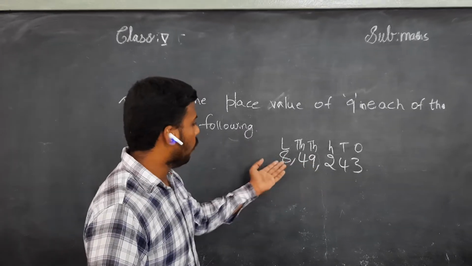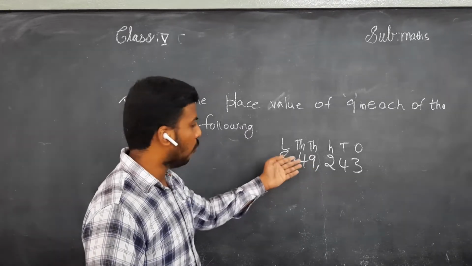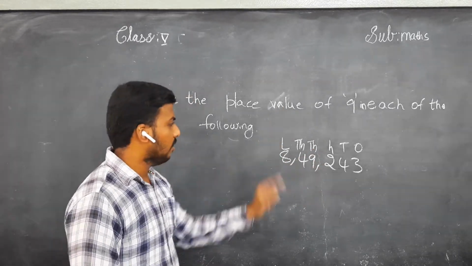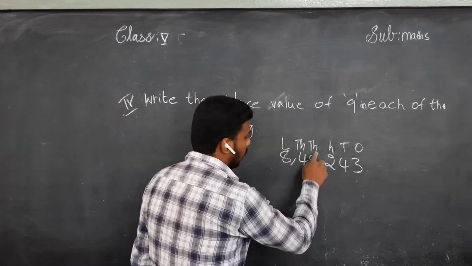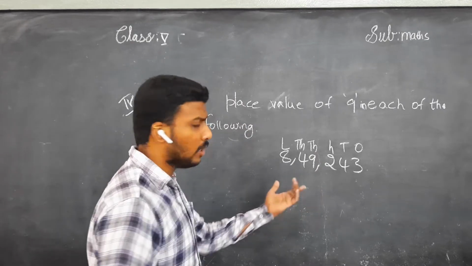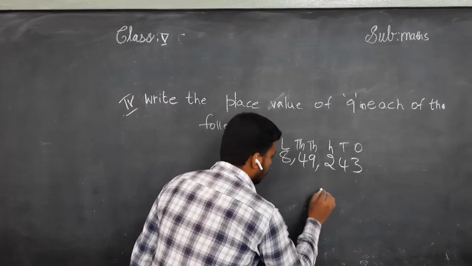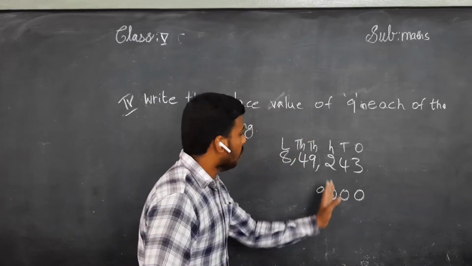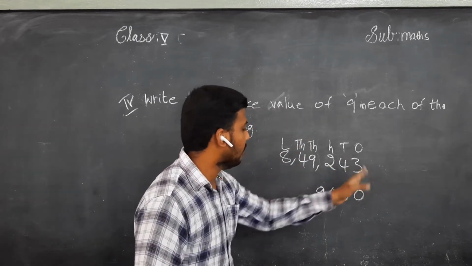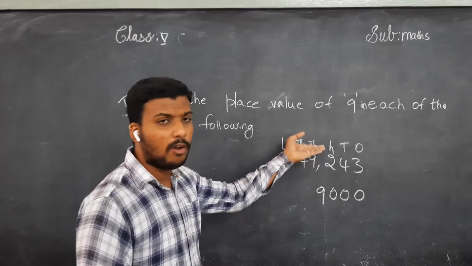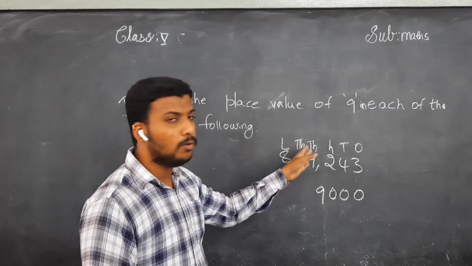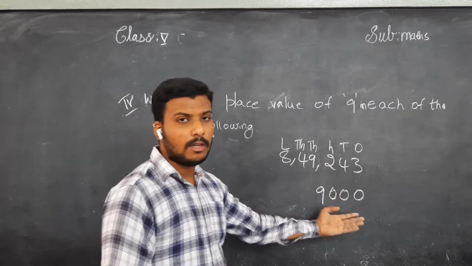Understand? There are no more 9 digits. So, in the place of 1000, we have the value 9. See, we have to write 9 into 1000. How much? 9 into 1000? 9000. Remaining hundreds, tens, ones are zeros, because 9 into 1 how much? 9. And 1000, we have to add 1000. 9 into 1000, 9000. Understand, children?